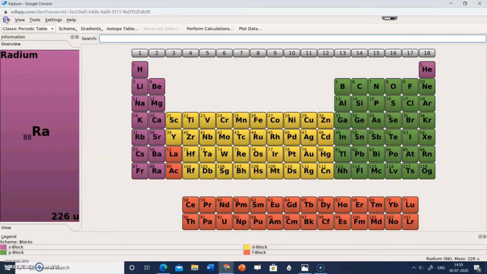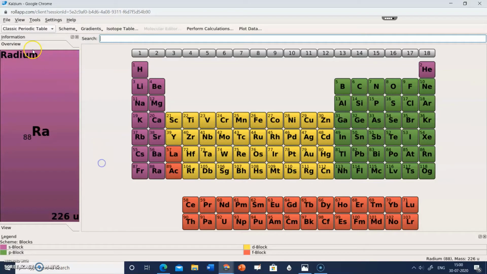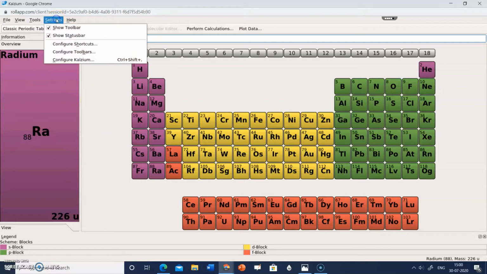If you click on file, there are options of save as, export data, convert chemical files, etc. Then if you click on view, there are tables, numeration, scheme, gradient, etc. When you click on tools, there are isotope data, plot data, perform calculations, R and S phrases, glossary, tables, etc. And in settings, you can show the tool bar.